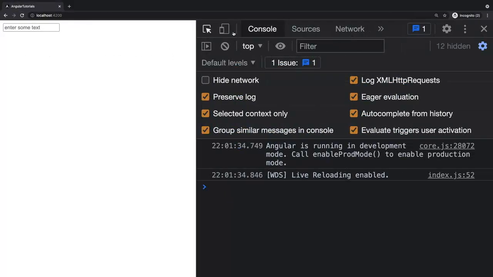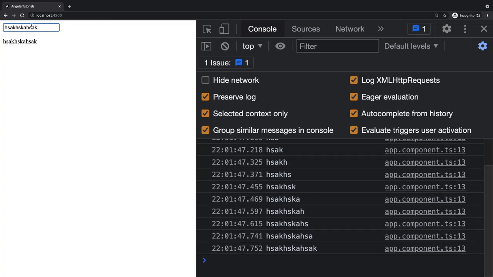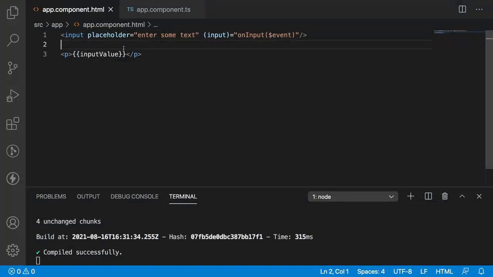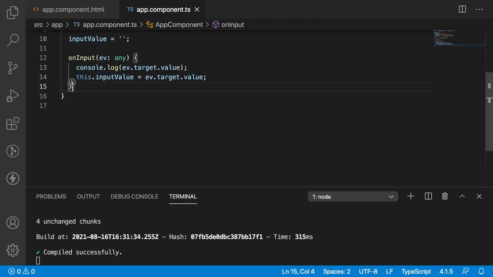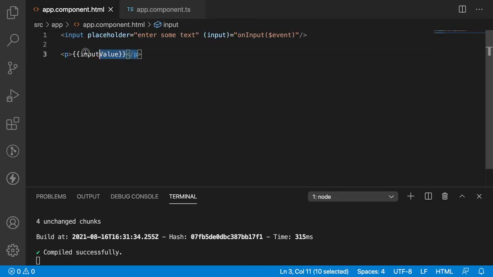Let me go back and clear this off. Let me try to enter the value here. Whenever I am entering the value, that is reflecting here. It is acting the same as the previous one, but this is a bit advantageous compared to getting the element by ID and assigning the innerHTML. Here there is one more problem. That means here we are passing our event to our TS file by using one method, and that method is assigning the values to one of the class properties, and the class property is used in our HTML content.